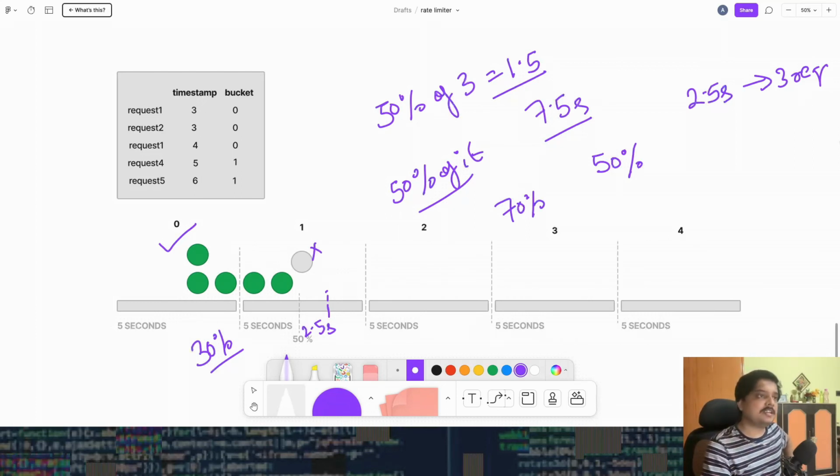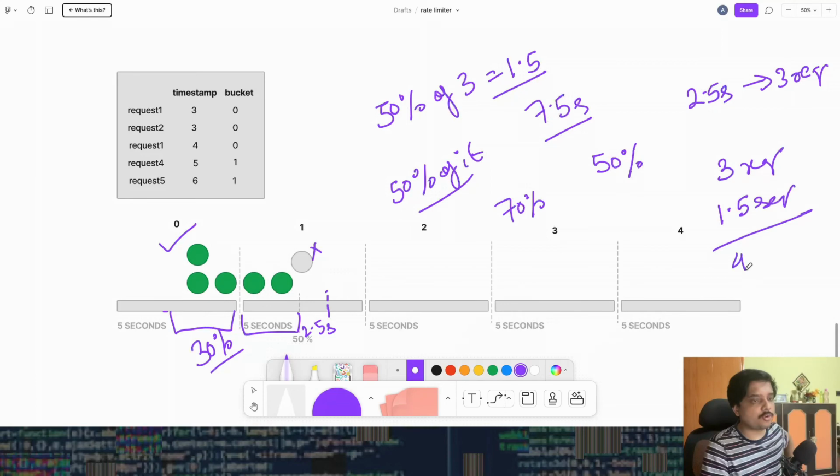Right? So let's add these two values. For these 2.5 seconds, we have got 3 requests. For these 2.5 seconds, we assume that we have got 1.5 requests. So that is 4.5, which is more than our criteria, right? So that's why we will reject this request. Now you will see that already 5